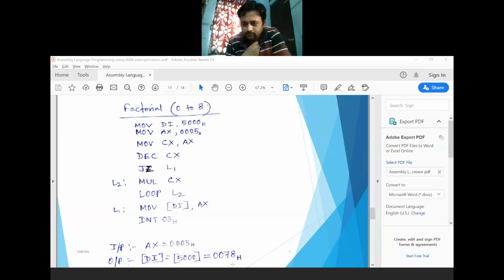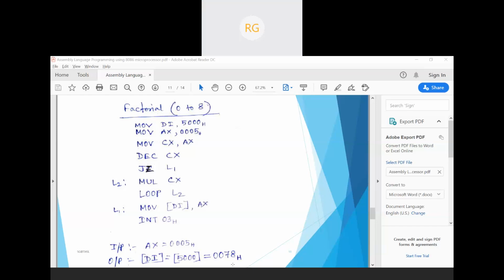Sir, I have one question. Suppose in the first iteration our answer becomes 32-bit. When CX is decremented and multiplied, is it multiplied only with AX?